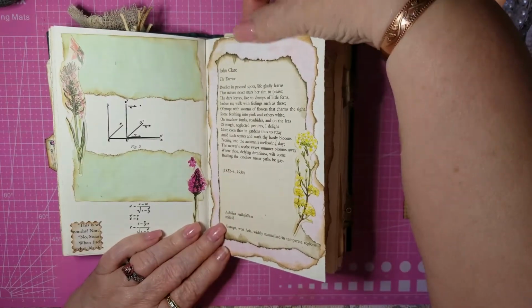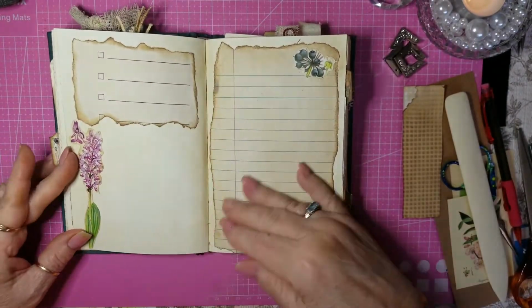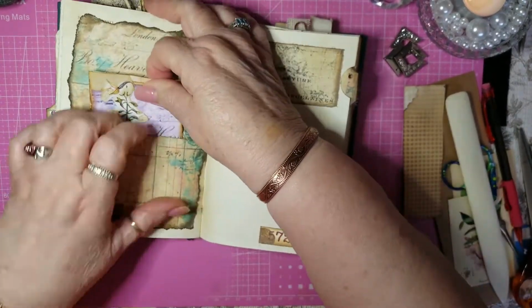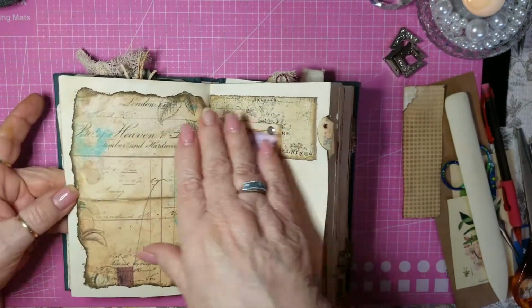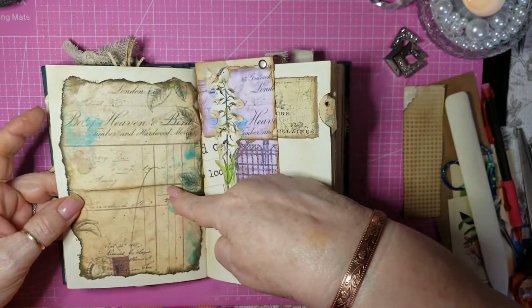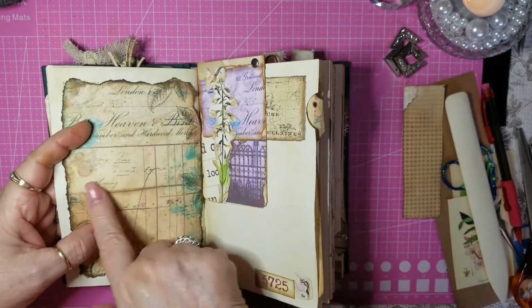I was going to make this a pocket, and I decided not to. Writing space with lines. And here's like a hidden pocket. What I did is I cut out this paper. This is some scrap paper. And I made a slit in here before I put it in the book, and just highlighted a little bit